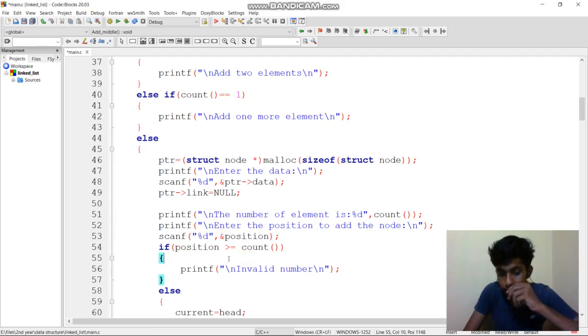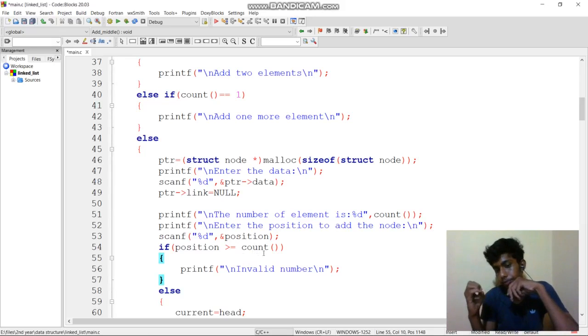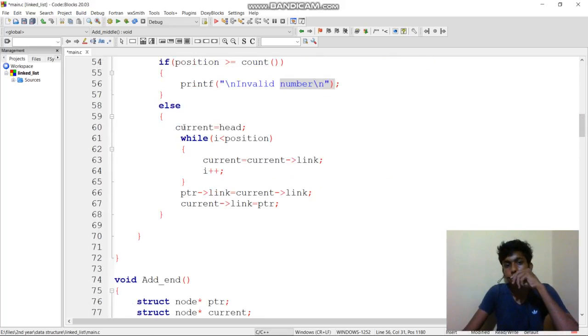And if position is greater than or equal to count, that means if it already has 3 and you give position 5, it will print invalid number. Else, current equals head, again the current is assigned as head, that is the first value. Again, if I is less than position, I am given 1.